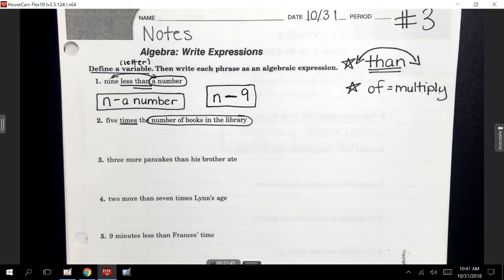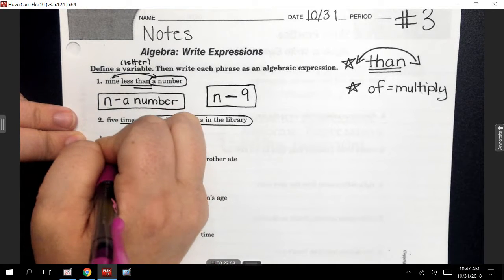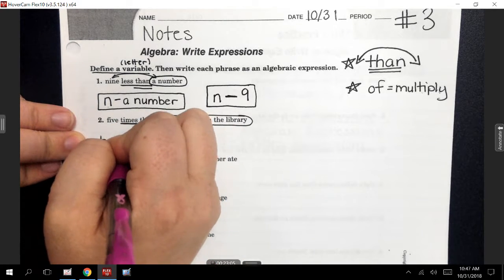Now, guys, this is really important. Is it talking about the books in your book bag? No. Is it talking about the books that you have at home? No. So, guys, when I say my variable, I'm not just going to say my variable is books. I'm going to say it's the books in the library. What would be a good variable? What would be a good letter for that? Javon? B. We're talking about books. I like that. B. And we're going to say B is the books